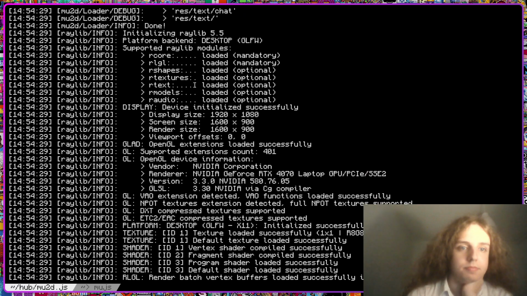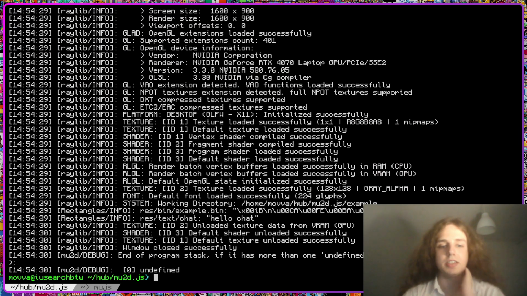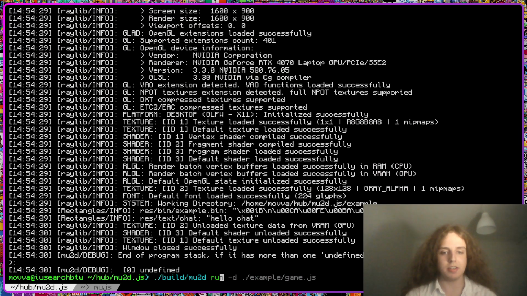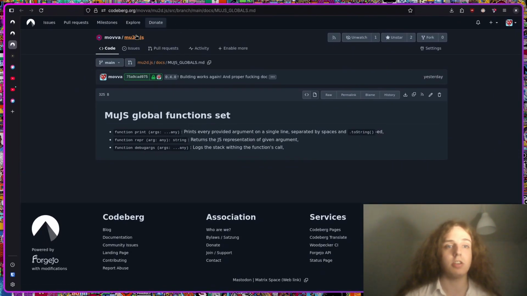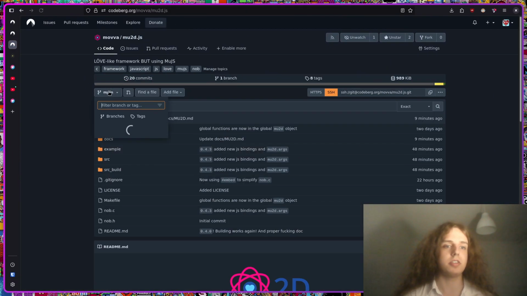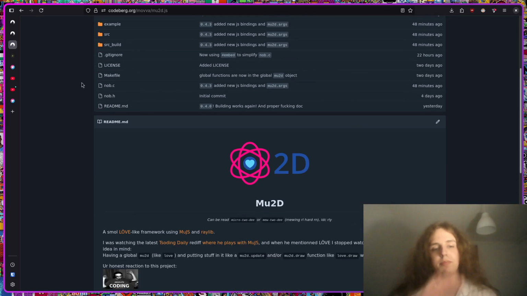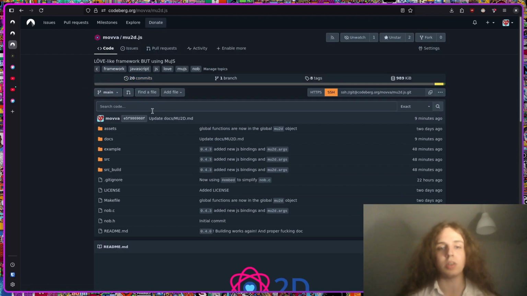So yeah, I'm pretty proud of how this is now. It's small and doesn't allow you to do much right now. But if you actually want to use it or contribute to it, well, you can. It's open source. Right now there's only a main branch, and that's separating my work because I'm the only one on this.